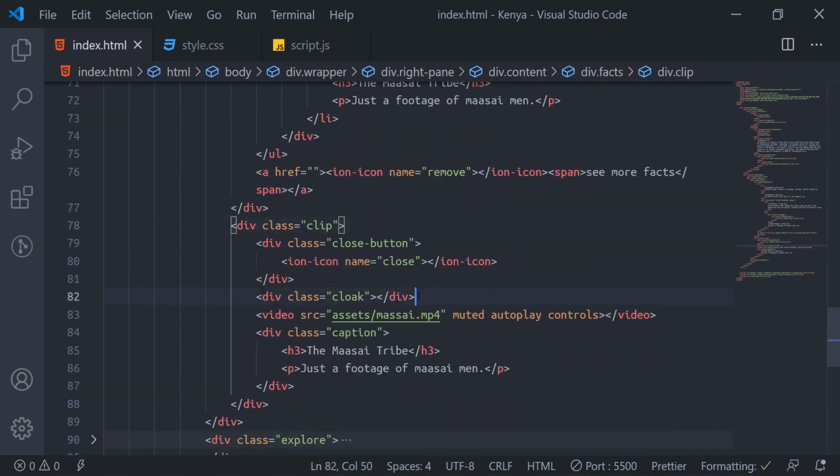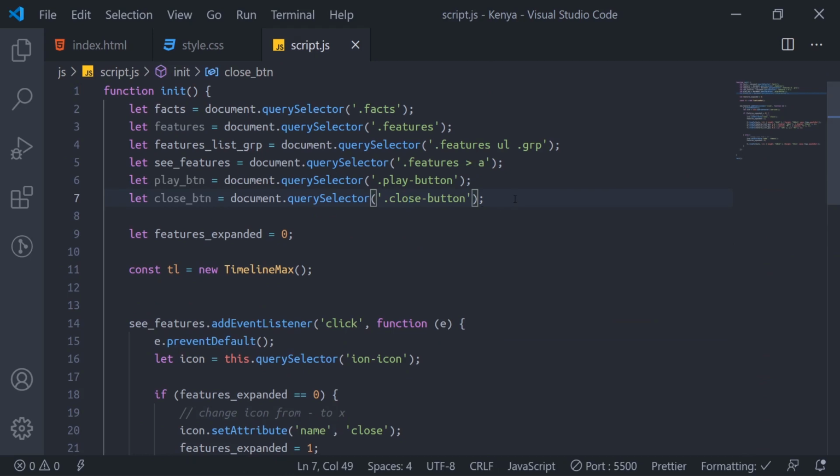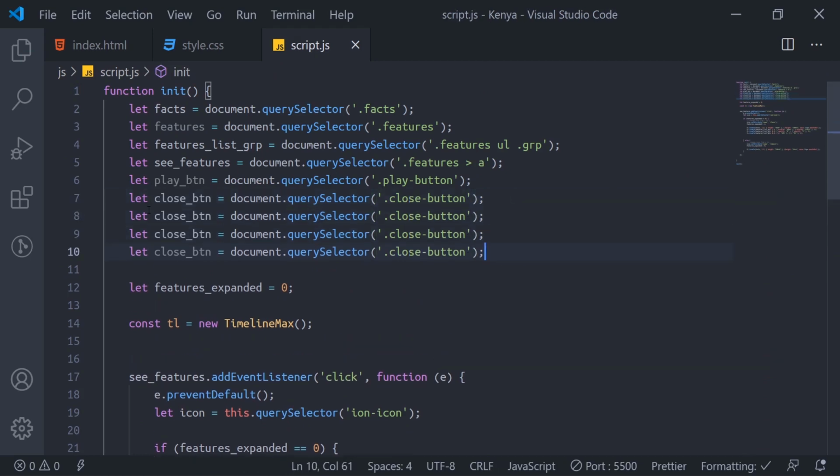We'll target this cloak. Then the H3 and this paragraph, so they're the caption. I might just duplicate this one like this.